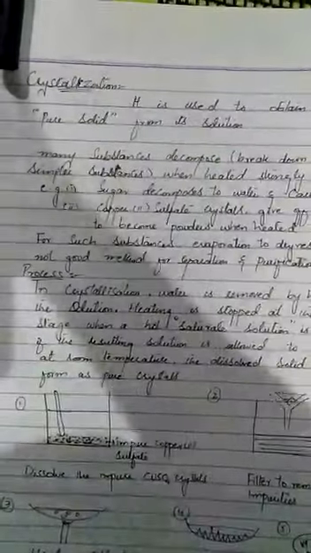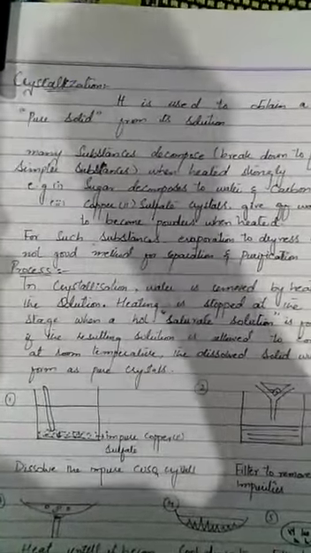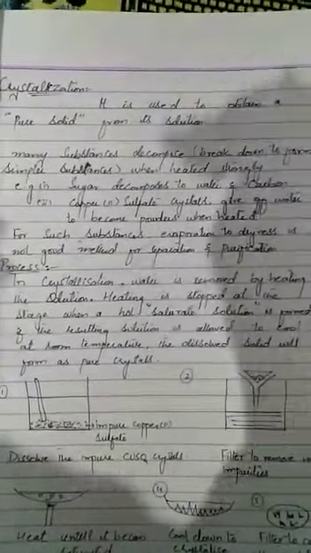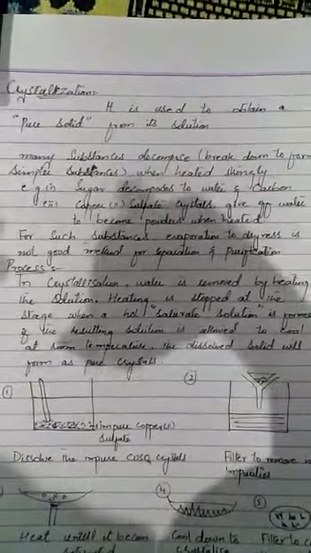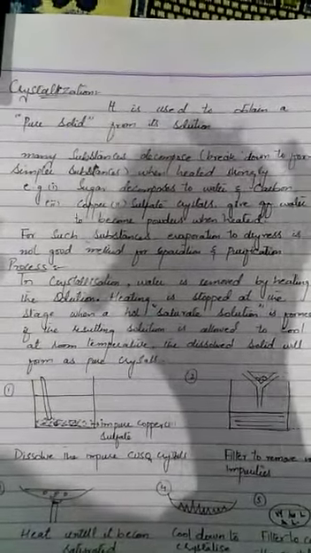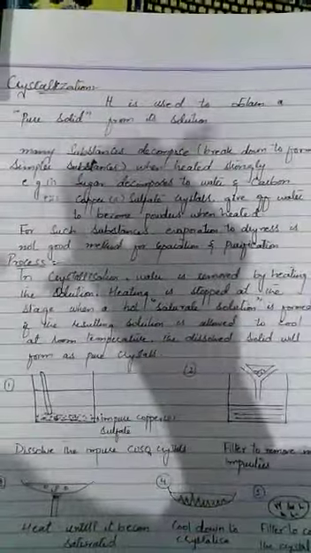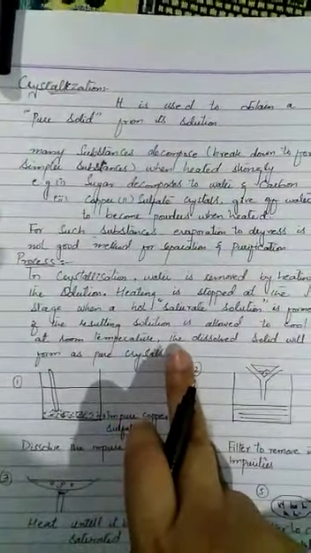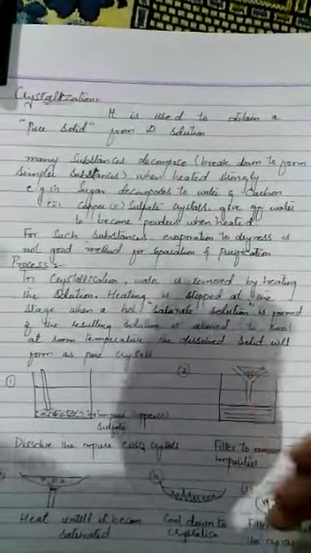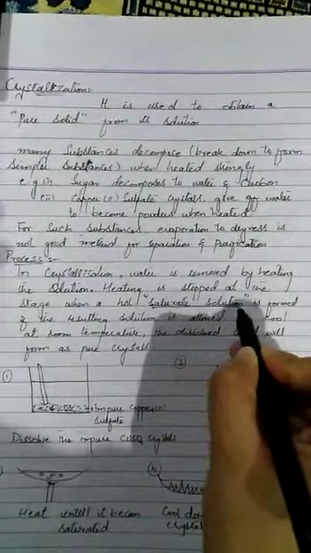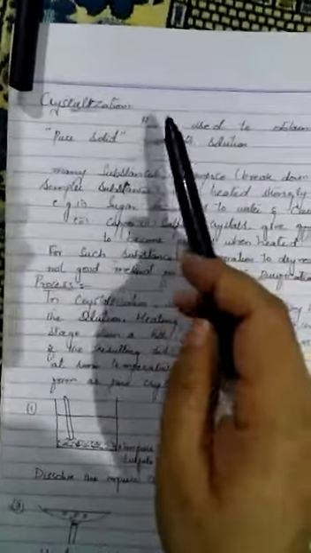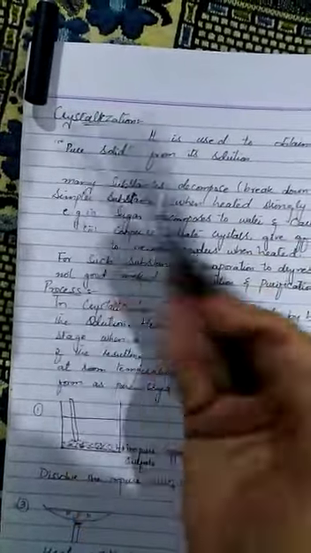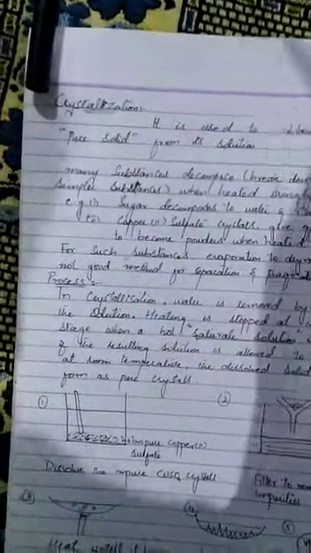The next topic is crystallization. Now, this process is somewhat different from evaporation to dryness. In evaporation to dryness, all the water evaporates, and till the point of dryness we get dry salt. But in this, we will make a saturated solution. Okay, come to the definition. It is used to obtain a pure solid from its solution. Pure solid means it could be the salts from its solution.